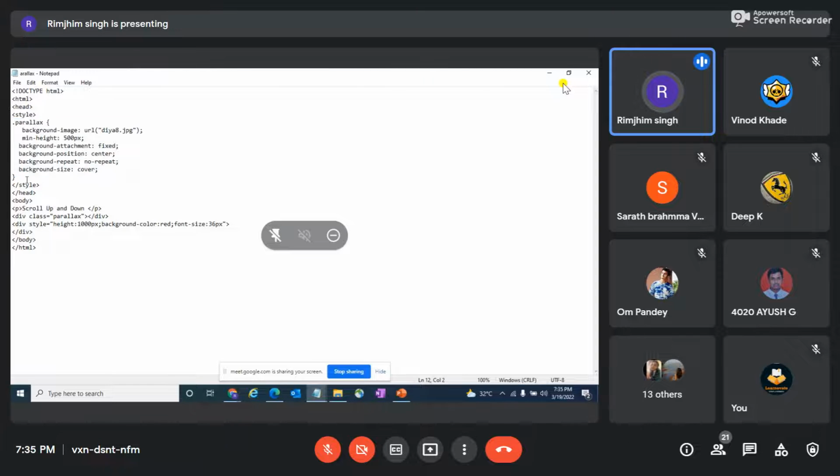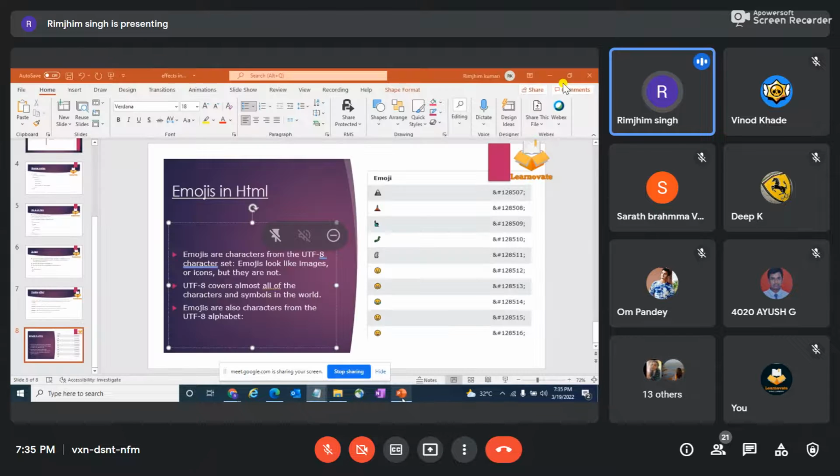And whenever I'm defining my class, I have to make sure that I'm preceding it with a dot symbol, followed by curly braces and all the contents which I'm giving to my program. So for example, this is my internal CSS. I'll give you more depth when I'm covering the CSS topic, but herein I'll just give you a gist. What I'm doing is, in the header section of my program, I'm writing an internal CSS. And as I told you in my PPT,